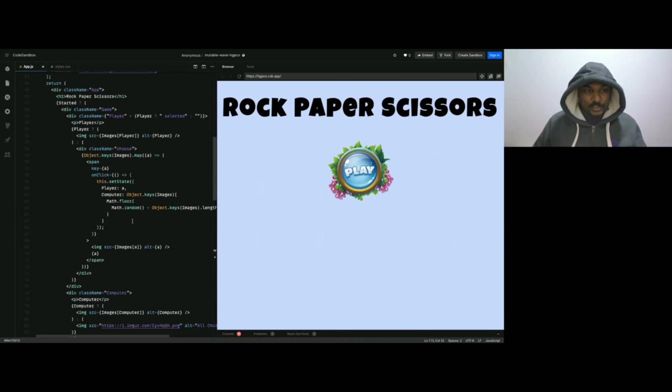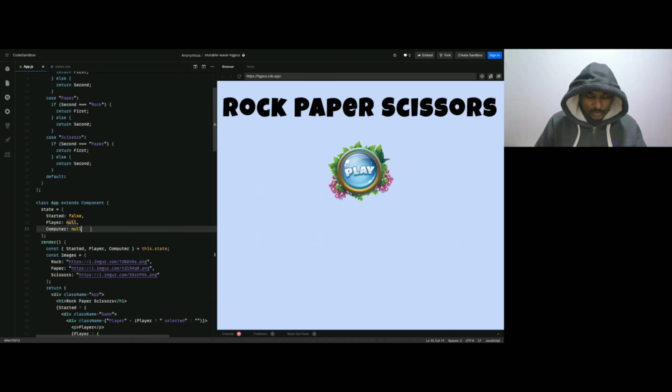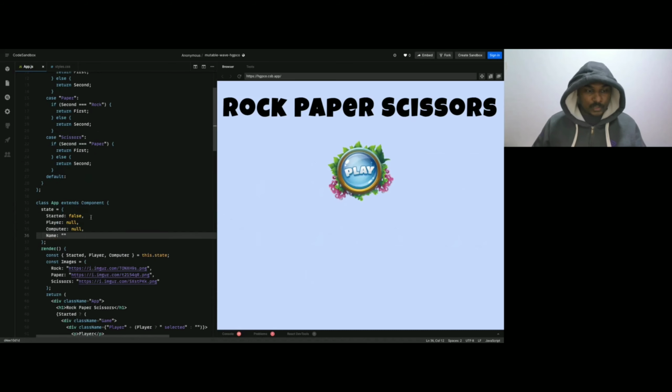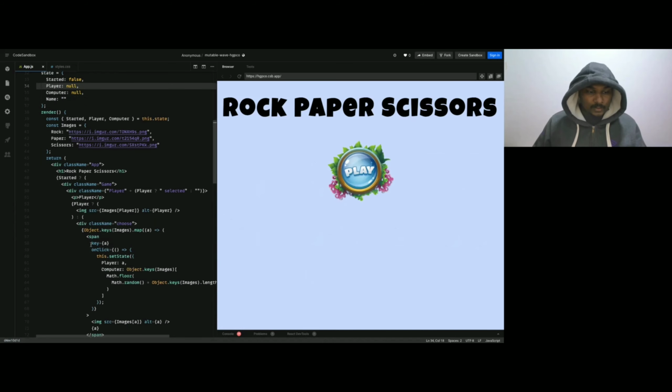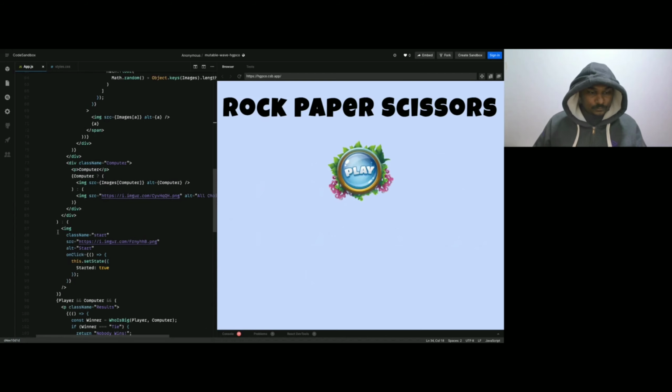There is also one more thing which I can do. Let's try to add the name as well, so that instead of player, it is going to show you your name. So name equal to nothing. And if there is nothing being shown here, we should not show anything. So that's this part. So start button is here. So instead of start button, we need to also use, inside this,